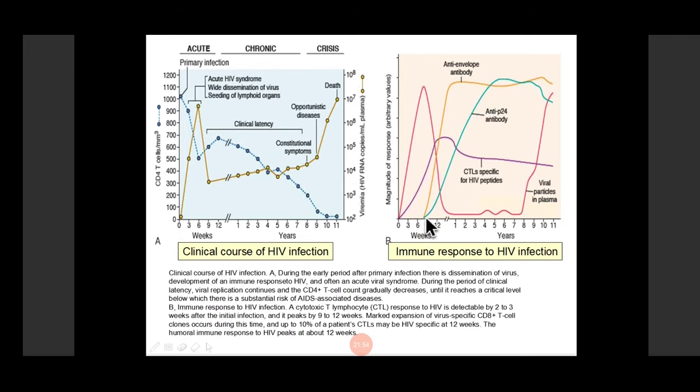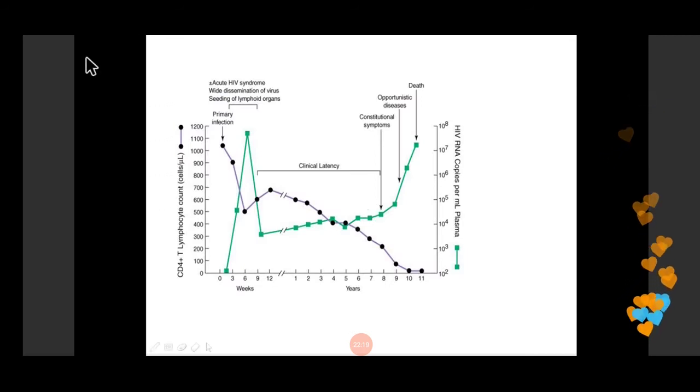So if we screen the patient in this period, say 0 to 6 weeks, this period is the window period. If we test the patient for these antibodies, then these antibodies will be absent. So when the person is in the window period, detection of P24 antigen or the viral particle is the only mode to diagnose the HIV infection. Okay, so we'll discuss this again.